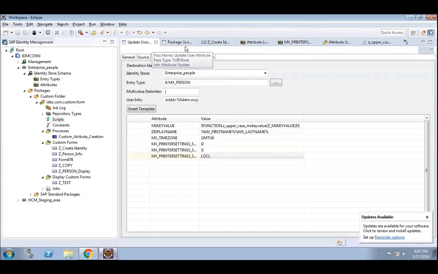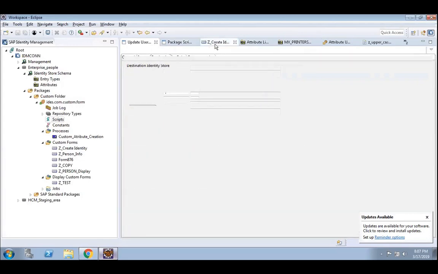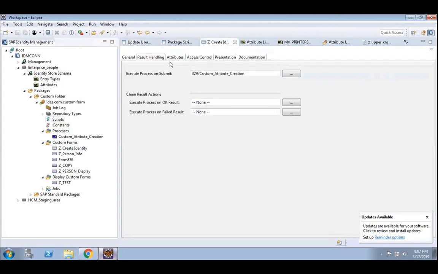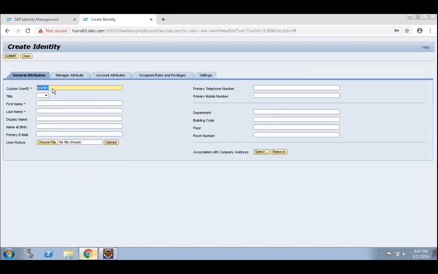Now go back to our process. I have already attached this process over here. Execute process on submit. Now go back to the user ID. I am giving the user ID as test user 1. First name is test.